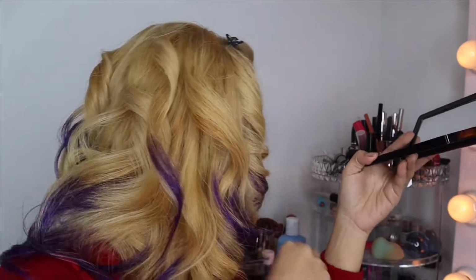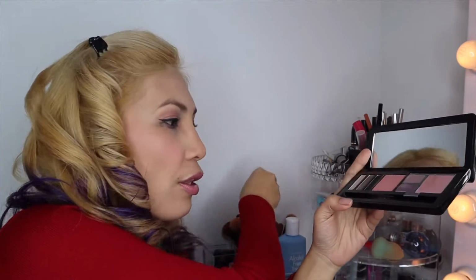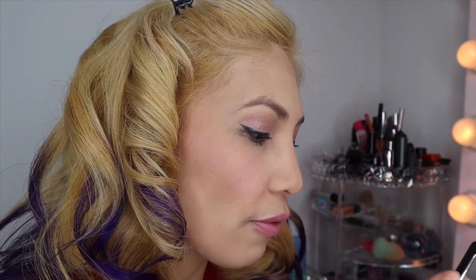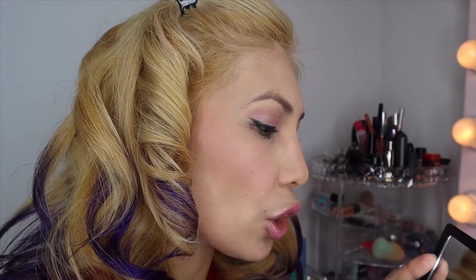Again, I am so glad that I have this palette, so you can build on it. What I'm gonna start off with, since I already have that pink transition color, I'll just build it and put a little dark. To make it a little dark, of course, the only dark color I have is black. So I will just